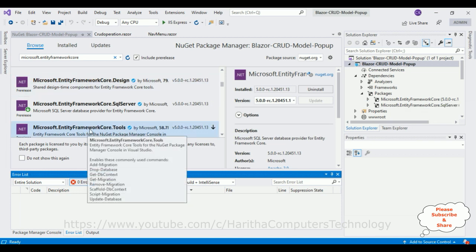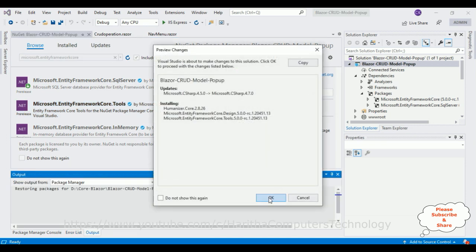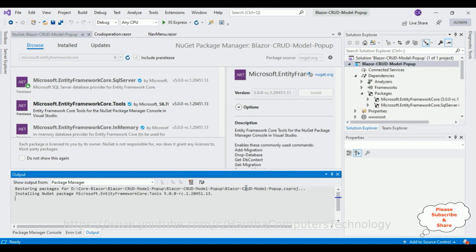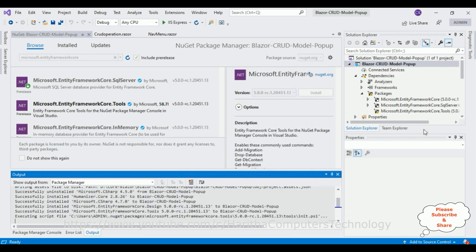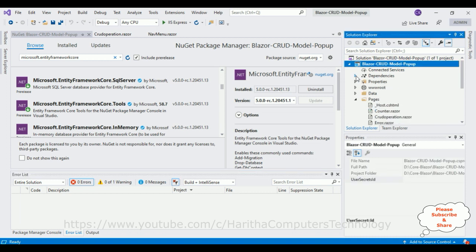Now we require the tools also. Let's install that one also. Tools I have selected, click install. Okay, accept the license. And here we got all three packages installed successfully in our application. Let me minimize this packages folder as well as dependencies, and let's close this NuGet package window which we don't